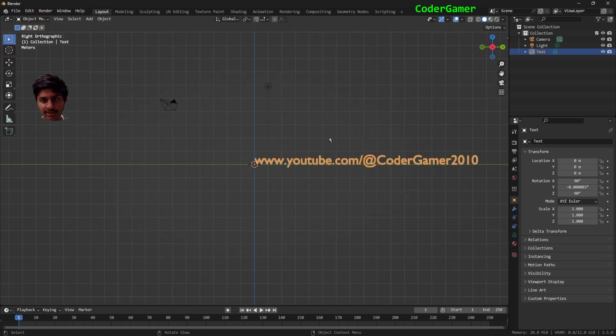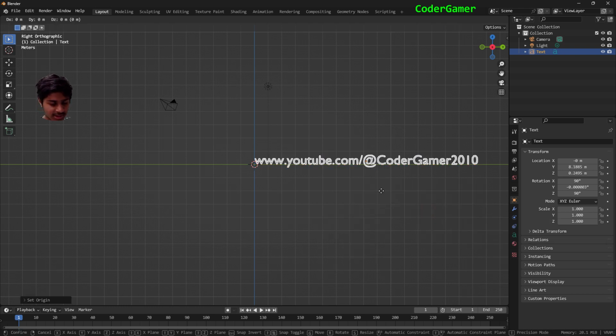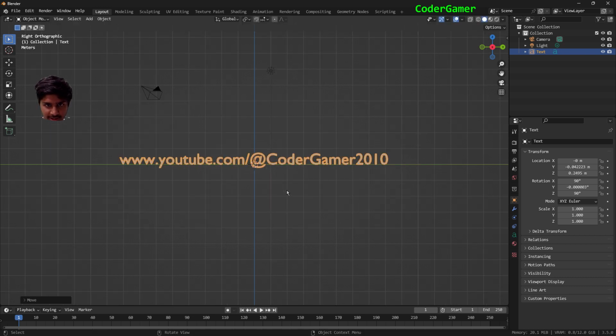Now I'm going to go back into object mode. I'm going to right click on the object, and I'm going to click set origin, and I'm going to choose origin to center of mass volume. And that's going to basically put it into the middle. So now I'm just going to move that into the middle